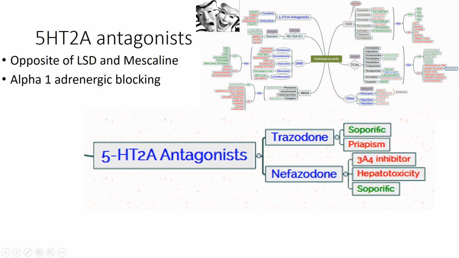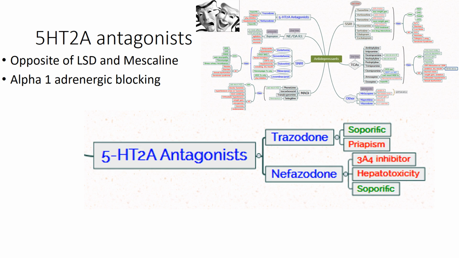Alright, now we're coming on to our 5-HT2A antagonists. I didn't make a picture for this one because there's only like 2 drugs, and they both end in azodone. So we have trazodone and we have nefazodone. And just understand trazodone, they say,